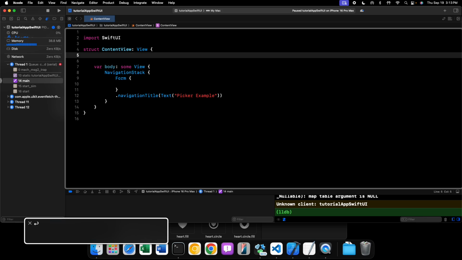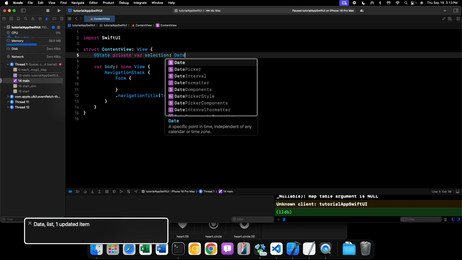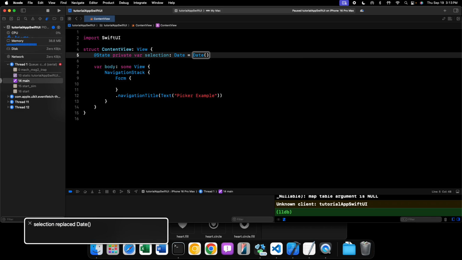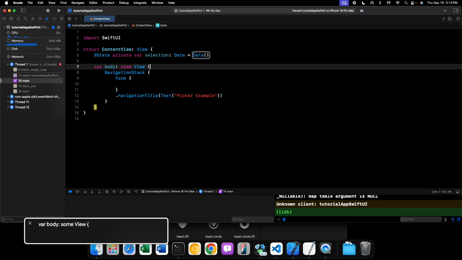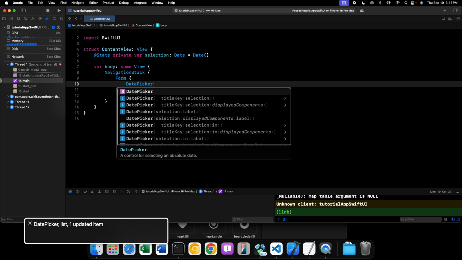So, at the top of our content view, I'm going to say @State private var selection. Going to make it a type Date equals Date(). So the current date will be the default value for that. Now, inside of the form, we'll say DatePicker